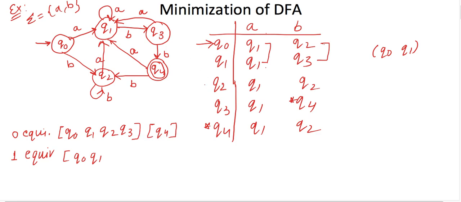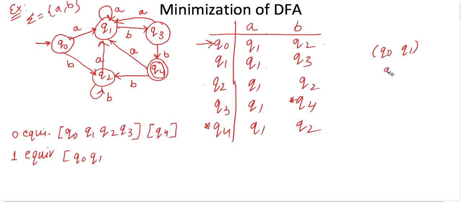Okay, so next, don't worry, be patient and just be here. You will be getting everything. Just watch. We have proved that q0 and q1 are one equivalent. When they are one equivalent, it means if q2 is one equivalent to q1 or q0, then it is going to be one equivalent to both of them. I think you got it. Just see once more. If q2 is one equivalent to any one of them, then we can say it is equivalent to both of them. You can take any one.